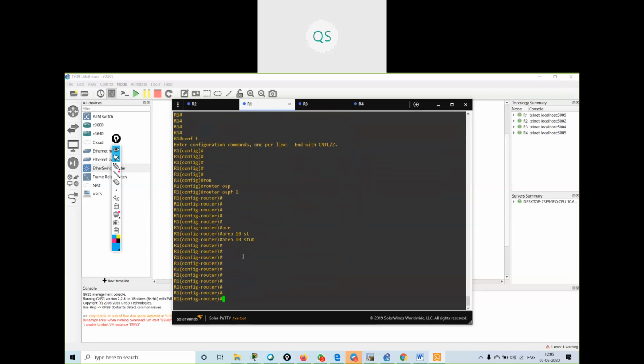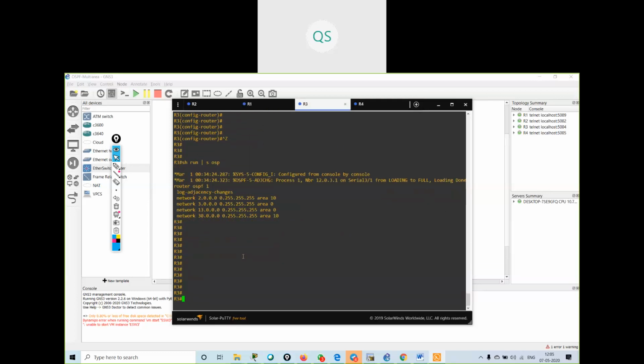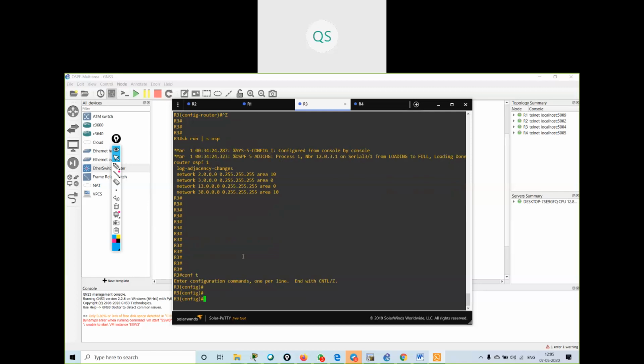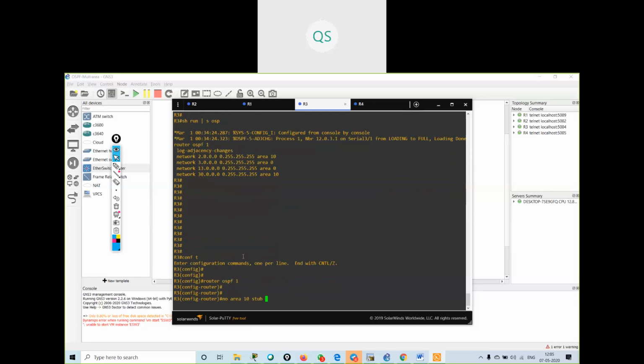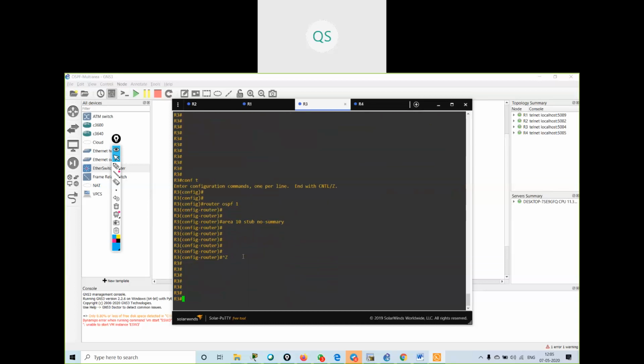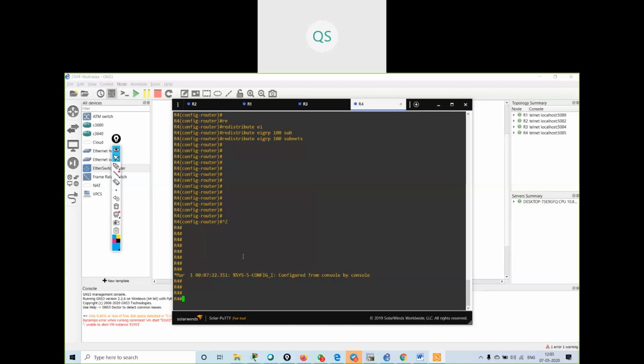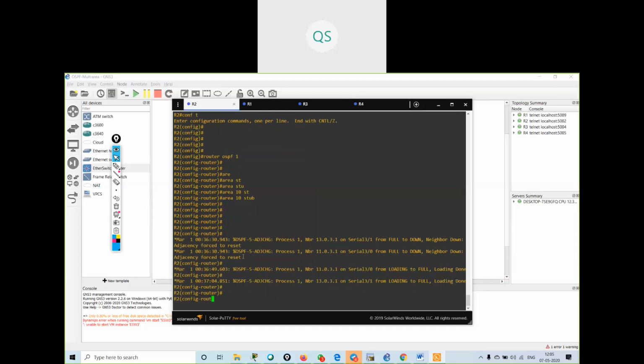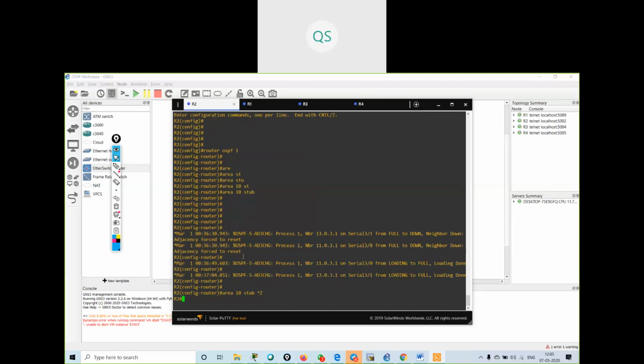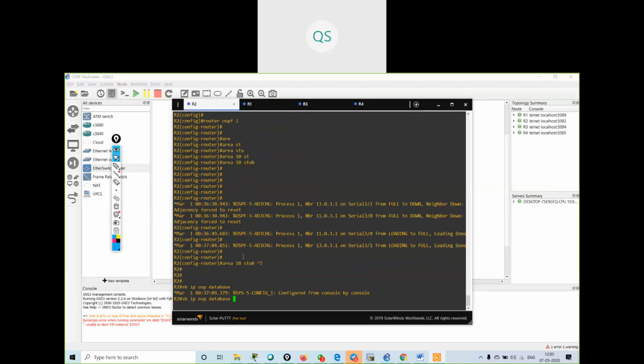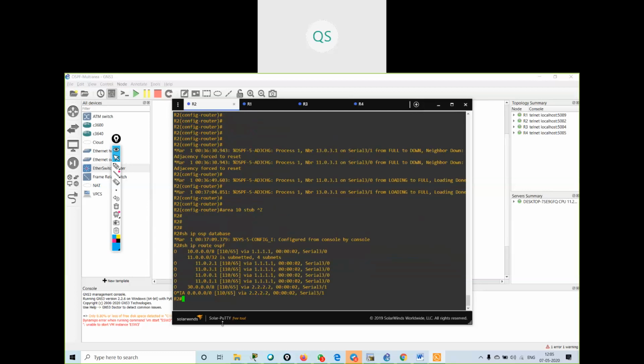Then I will go on R3, and the command over here is area 10 stub no-summary. Then go to R1 and R2 and check the routing table. Show IP route OSPF. I'm only getting one default route information. Understood?